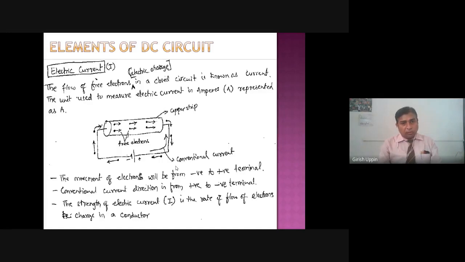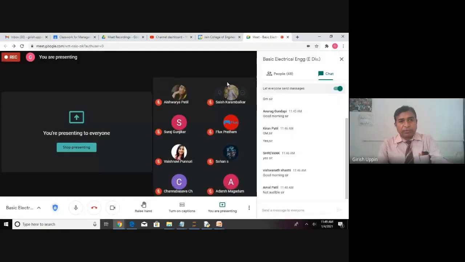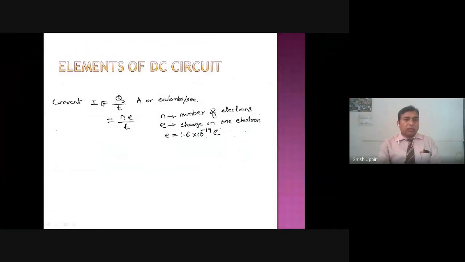Electric current is a flow of free electrons. And how do we measure the strength of electric current? Strength of electric current is nothing but the rate of flow of electrical charge or the free electrons. So we can write I is equal to Q by T. Current can be represented in either ampere unit or coulombs per second. And total electric charge is nothing but the number of electrons flowing. So N is the number of electrons into e, the electric charge on a single electron. And it's a constant. It is given by 1.6 into 10 raised to minus 19 coulomb.